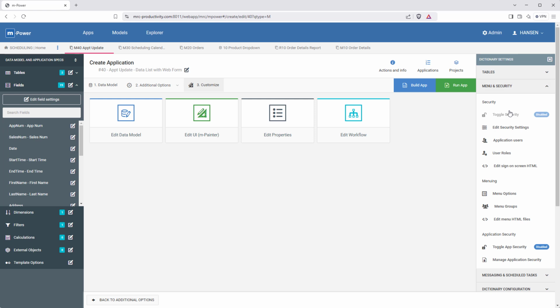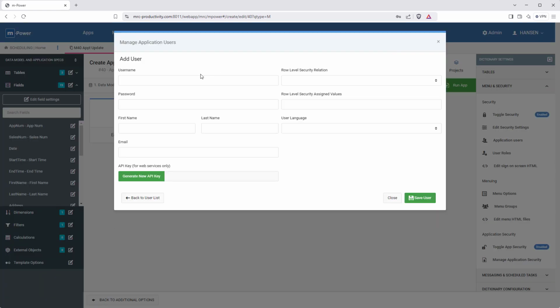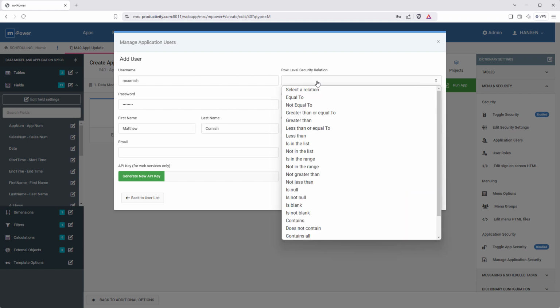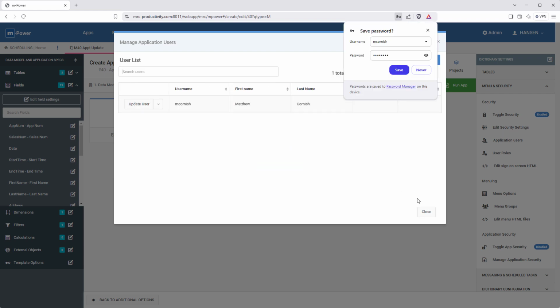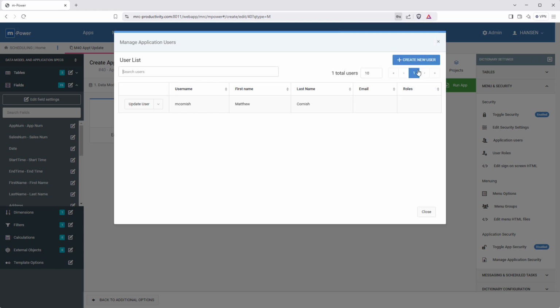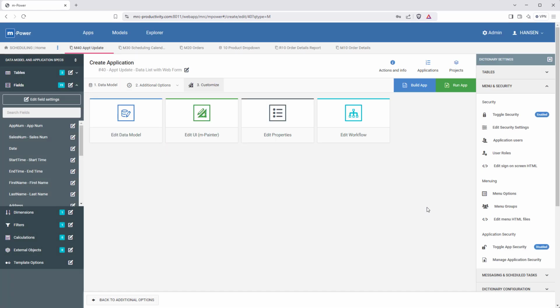And before I run this application, I do need to turn on security, which will force users to log in to use this application. And if I turn on security, I need to have users with login info, so I'll add my salespeople in here and make sure that I add their salesperson ID number, as that's used for the row level security that I added in this application. I'll add the rest of the salespeople in the background and skip ahead for sake of time. Okay, so that's done. Now let's run this app and see what it's like.